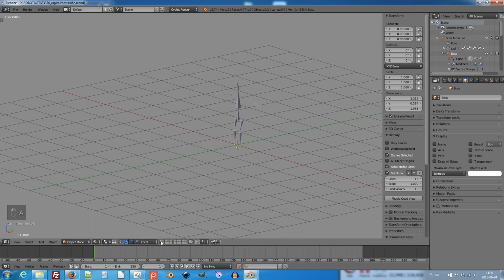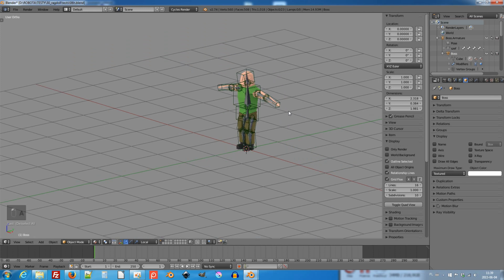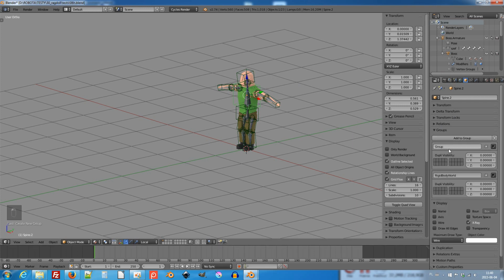So better is to select one time all objects that create the ragdoll and press Ctrl G to group these objects. And now I can select one of them, go to object properties, go to groups and rename that group. Now it will be ragdoll.